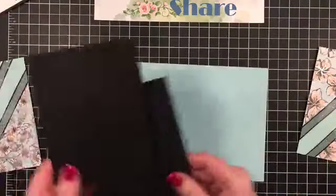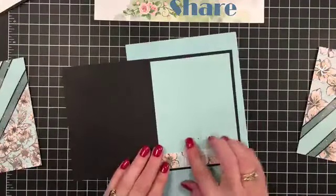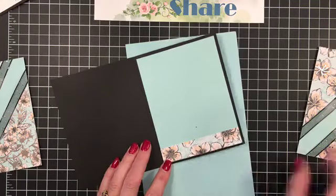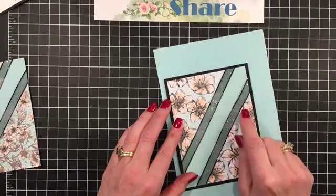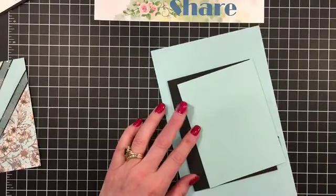Well, I guess I could leave this here. So here's our basic black panel. I'm going to peek inside and see what I've got here at the base. So I've got these bigger open petals, so I'm going to use this one. And I don't like how that one's sitting there. There we go. Now what we want to do is flip this over, and again, this time we're going